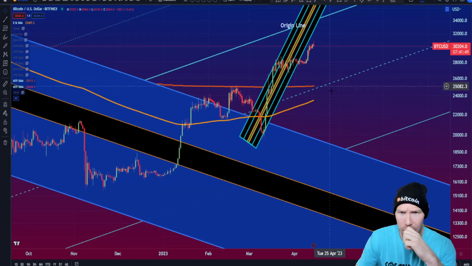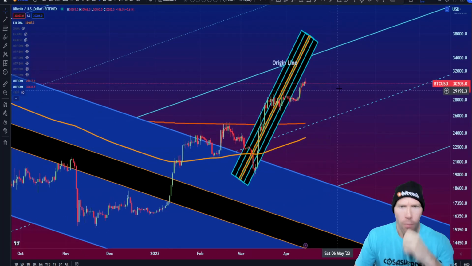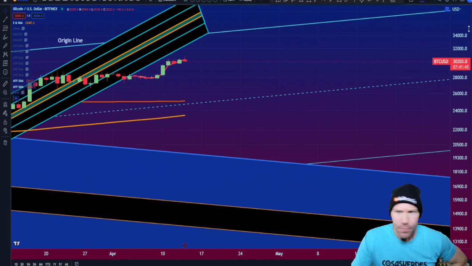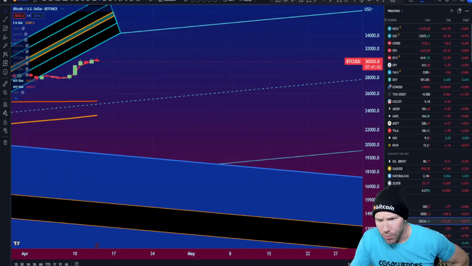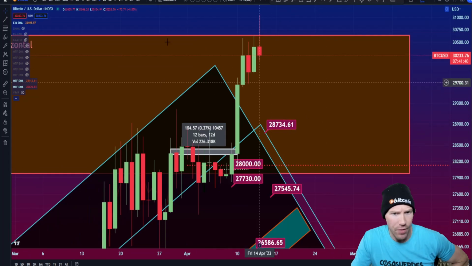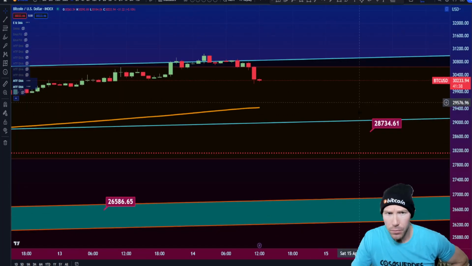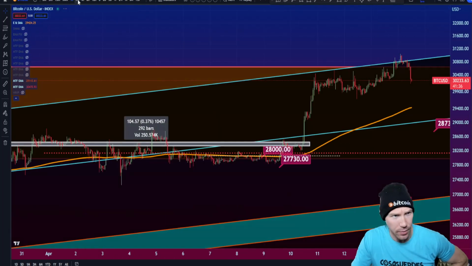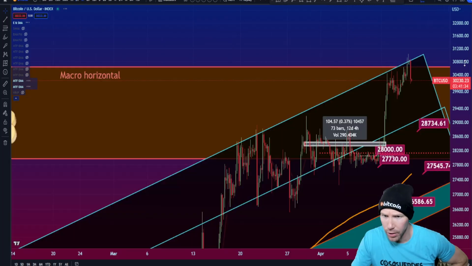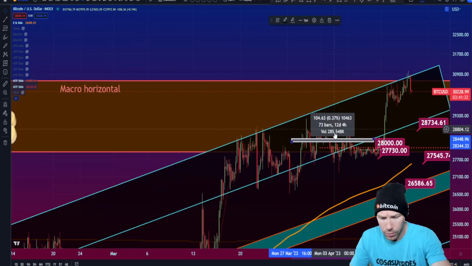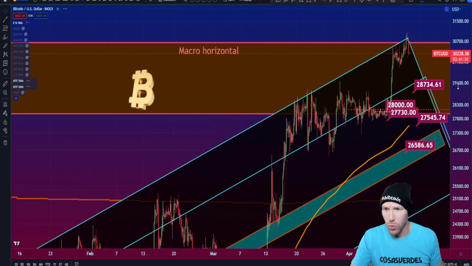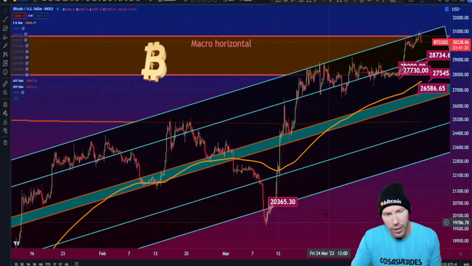Where is price going now? I'm going to take it to a different chart. This is the index chart. I have a different set of sexiness on here. So I'm going to go to the 4 hour, I believe. And now let's look at it this way. So now you have 3 different ways of looking at this.